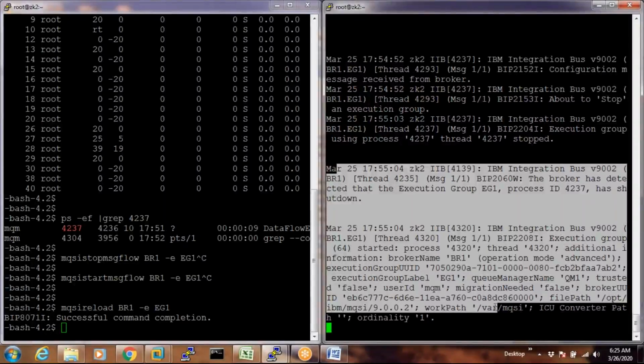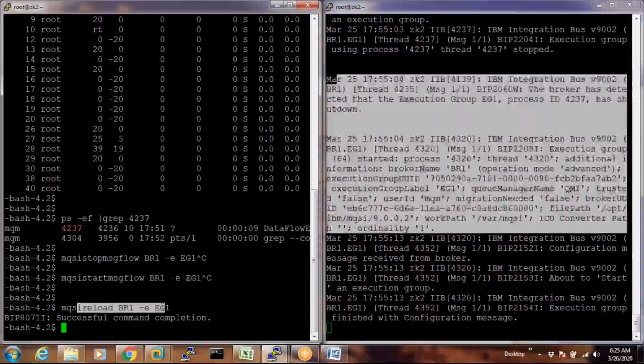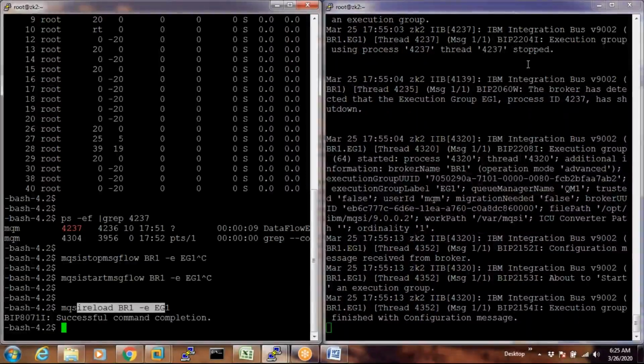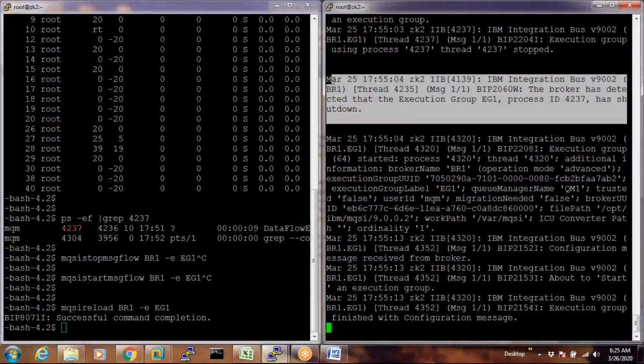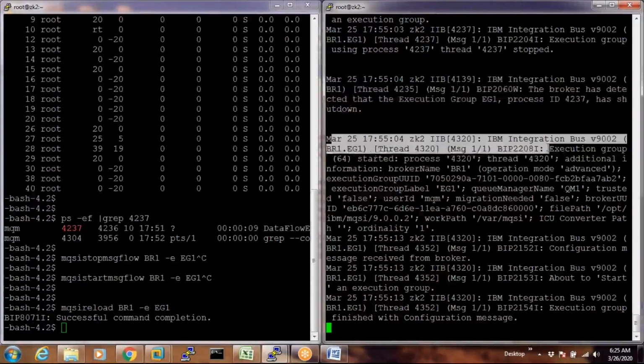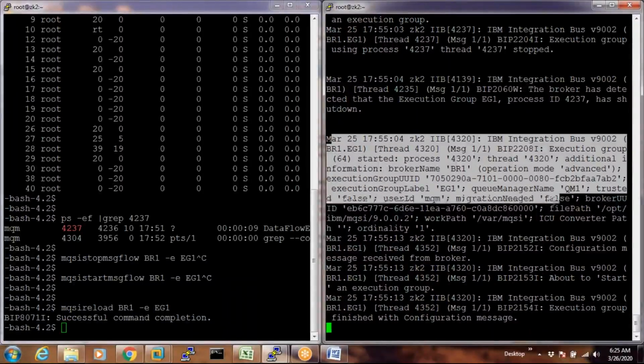Okay. So see, here I executed only a reload. That's it. When I execute the reload, first of all, it says execution group now stopping, and after some time, it says the execution group has been successfully shut down. And after some time, immediately it says the execution group for broker one automatically came up.